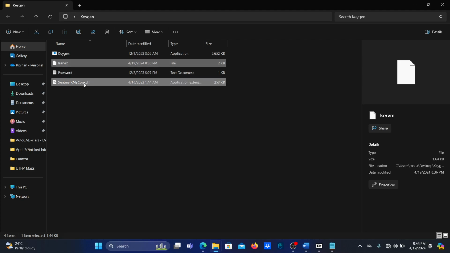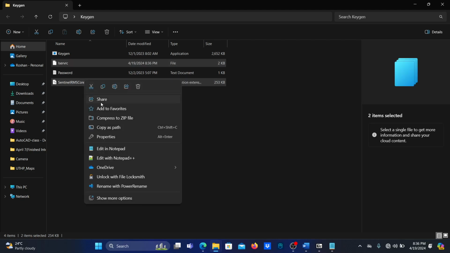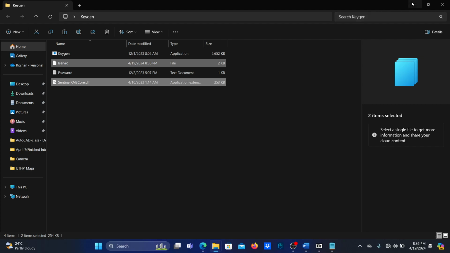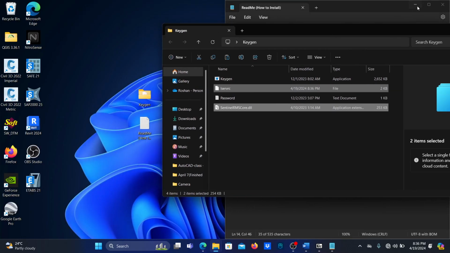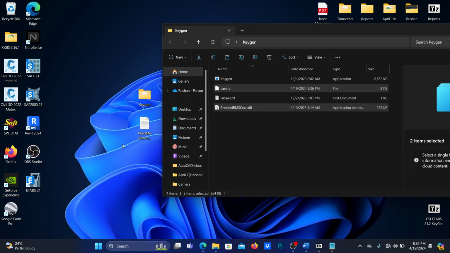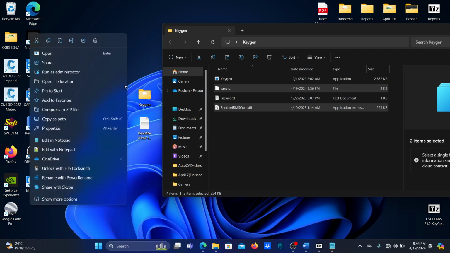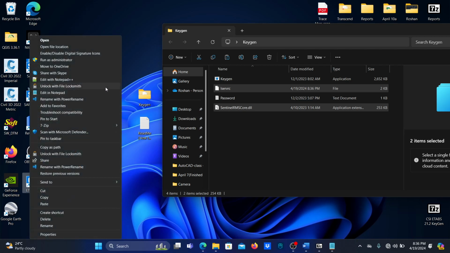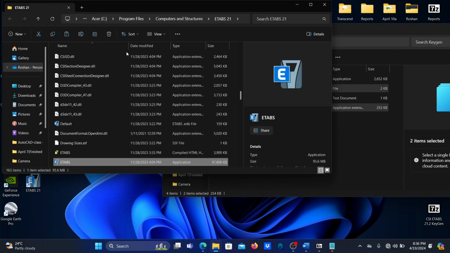LSERVC and Sentinel RMS core. So we are going to copy these two files, LSERVC and Sentinel RMS core. These are the only two files you need to crack ETABS now. Okay, so on your desktop you can right click on the ETABS icon and open the file location like this,